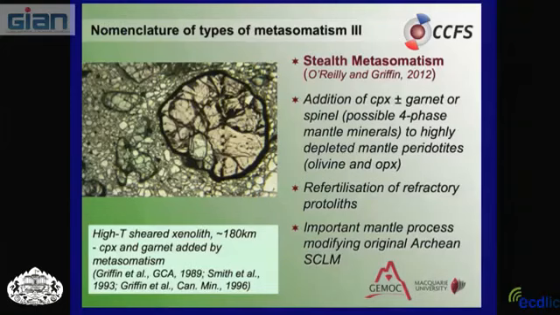In some rocks, you have a clinopyroxene 1. It's a typical mantle clinopyroxene. And you have the clinopyroxene 2. It's a new one crystallized directly from a melt, okay? This is why we find, for example, in some xenoliths from the Cape Vulcan. These three slides come from Sue and Bill, and they wrote a nice book, or part of a book, I think in Springer Verlag, where they explain all these types of metasomatism.